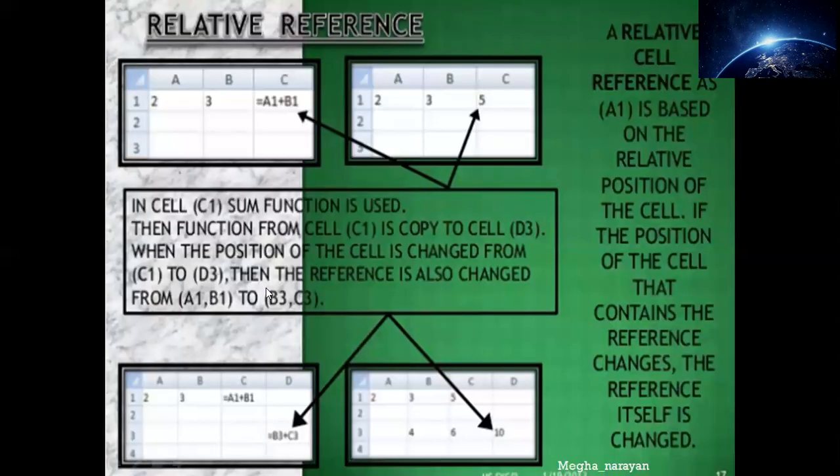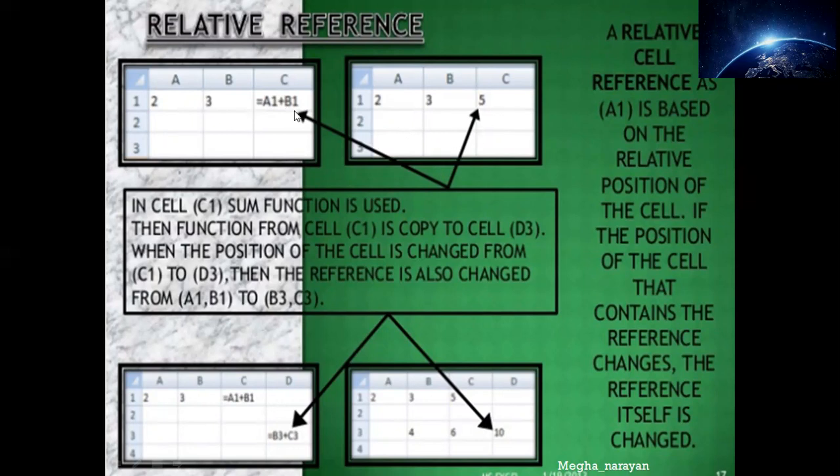So moving towards the very first type of referencing, that is relative referencing. In the case of relative referencing, I will elaborate this topic with the help of an example. Look here, this address was A1, B1 written the same way, equals to, formula always starts with equals to. We want to add them together. 2 plus 3, answer will be 5. The same thing is done over here.